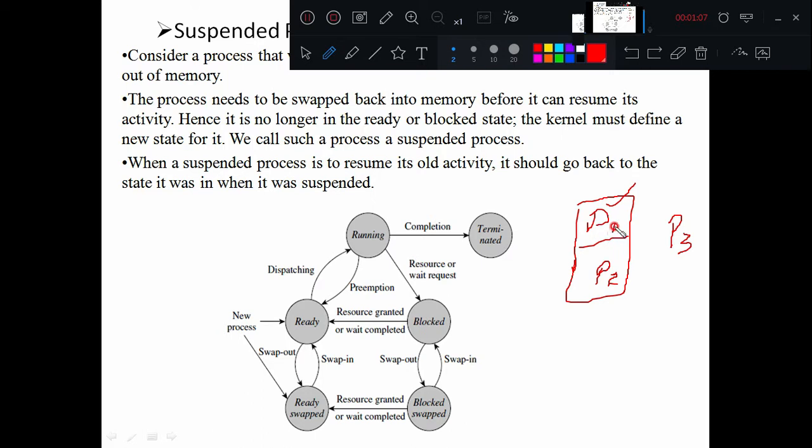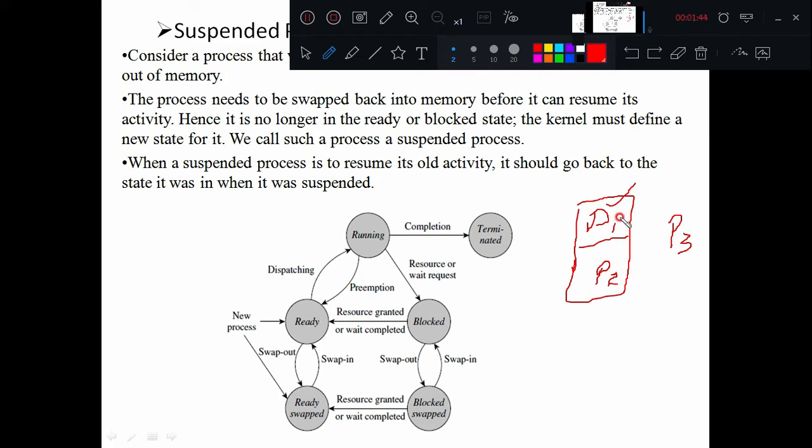So it will check the frequency of P1 and P2. Let us say P1 has a lower frequency of execution. Then once P3 arrives, P1 will be replaced by P3. In such a way the operating system creates space in the memory so that it can hold the incoming process P3. In such cases, two operations need to take place by the operating system.